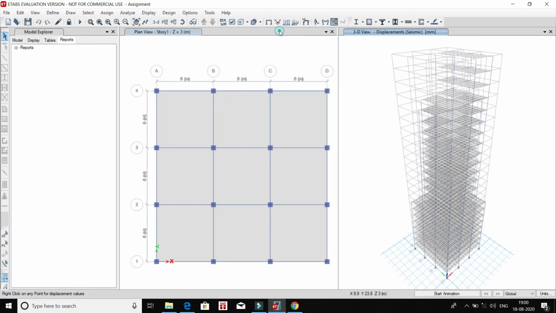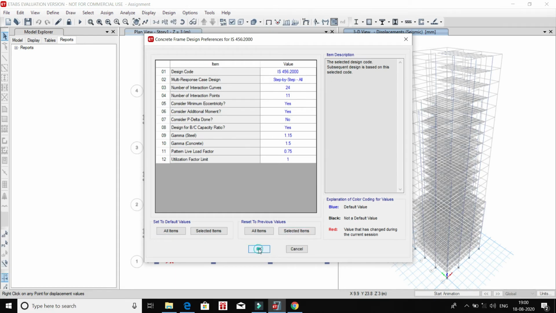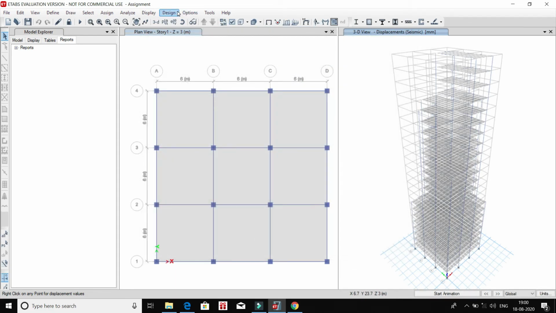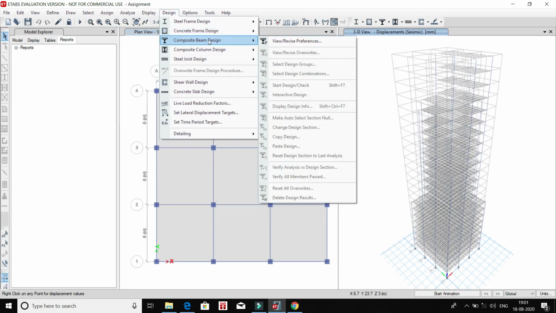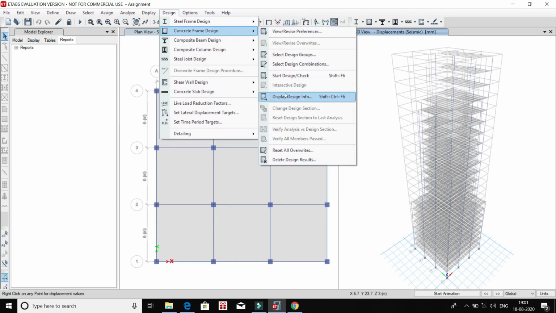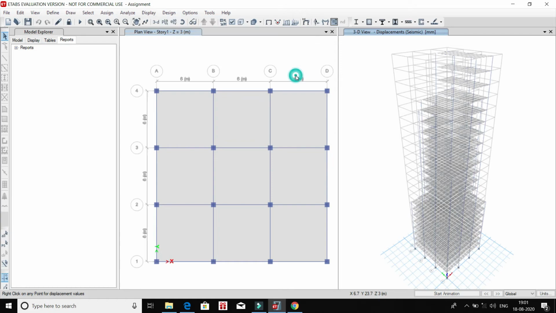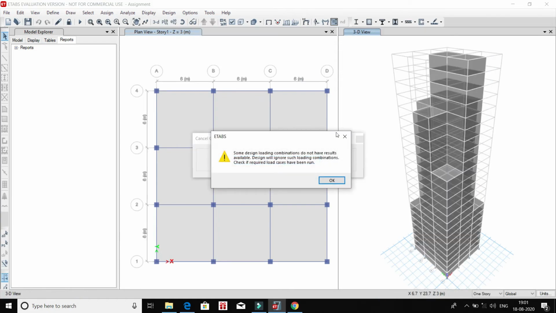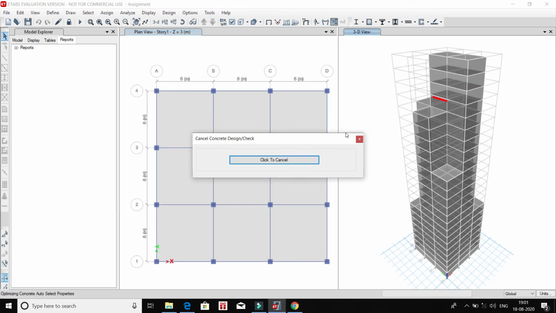Then click on design. Click on view references from the concrete frame design option. Then click on design, click on concrete frame design and click on start design check. It will take some time again.